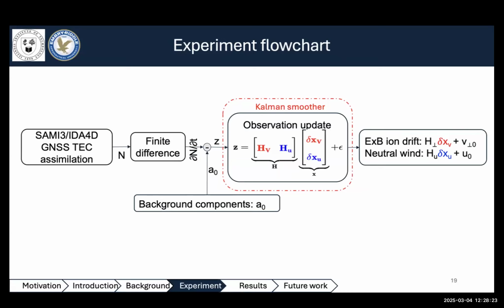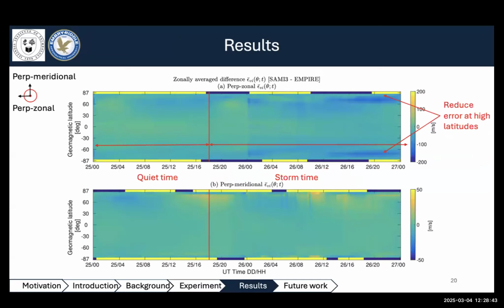So this is the flow chart of when we implement the Kalman smoother, and the only change is that we not only use the Kalman smooth filter, but also use the Kalman smoother. And the other setups are exactly the same. So to compare the difference